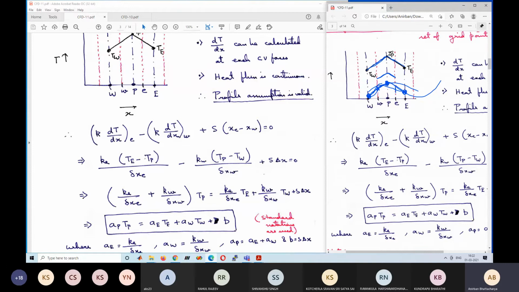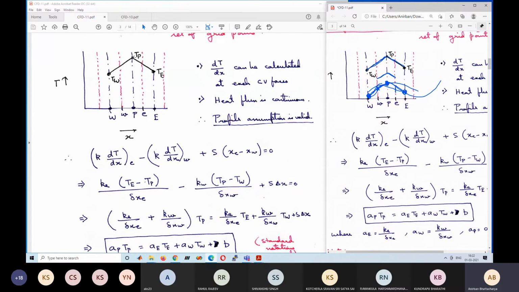What is known to us is only the grid point values. We do not bother whether there is a jump in the interface or not, because we are not assuming this profile ultimately in the final solution. I hope I am at least tangentially able to answer your question. If there is still confusion, you let me know. What I am trying to say is that